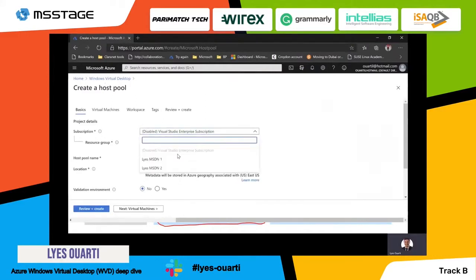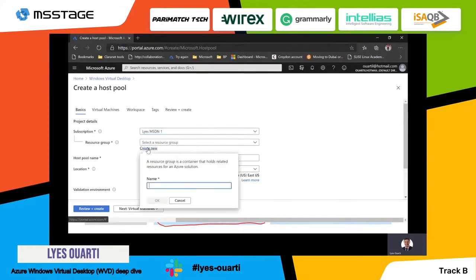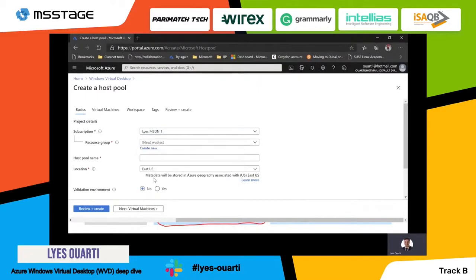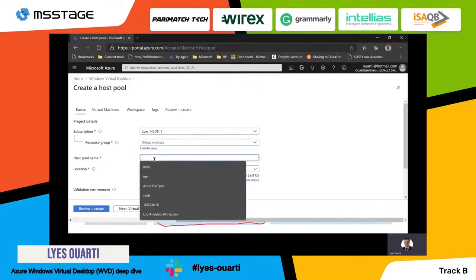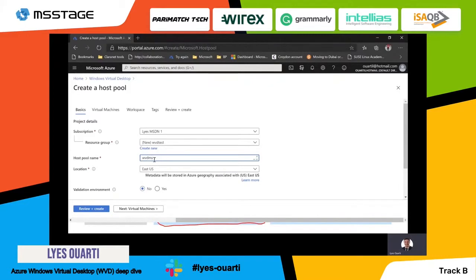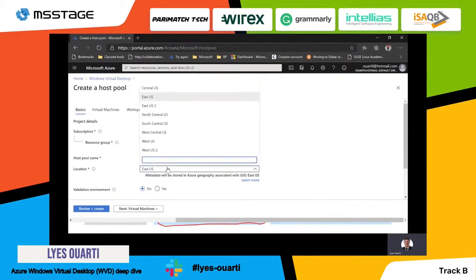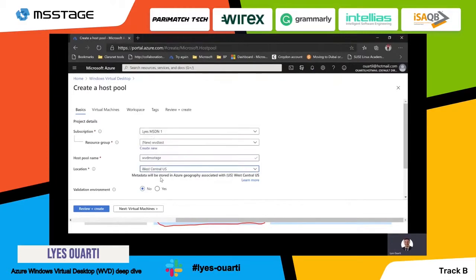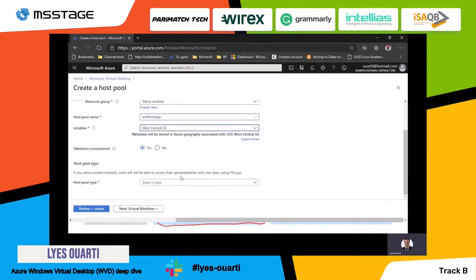So I will just select a subscription, for example, and then I will create a new resource group. I call it WVD test because WVD already exists, and then I'm going to give it a name, a WVD MS stage, and then I'm going to put the metadata into a region. This metadata is not your user information, but the objects that are created by Windows Virtual Desktop. So I'm going to choose this region, and then what I'm going to do is I am going to select